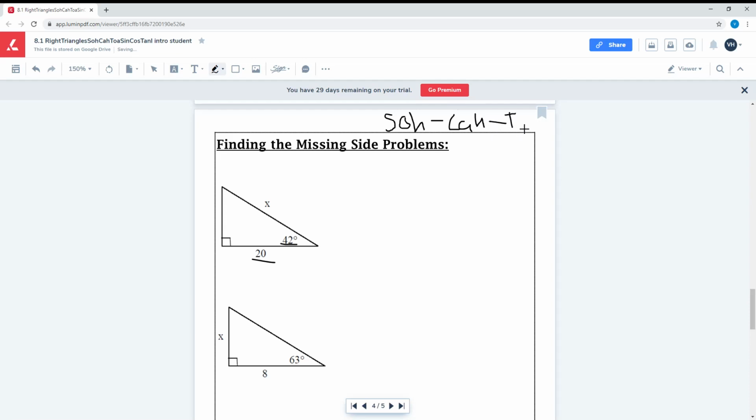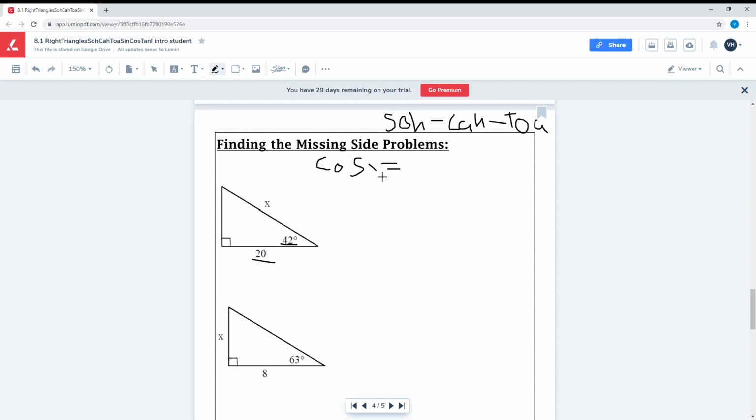SOHCAHTOA. Okay. So this is our cheat sheet. We're either going to use sine, cos, or tan in this case. So let's figure that out. So we gotta look at the information given. Okay. So if we were going to use sine, do we have the opposite length of this angle? Well, no, so we can't use it. Automatically disqualified. Cos, do we have the adjacent length? Yes, we do. And are we looking for the hypotenuse? Yes, we are. So we will be using cos